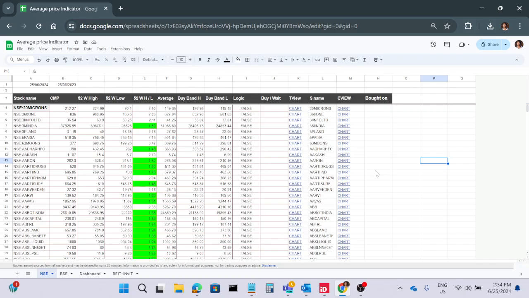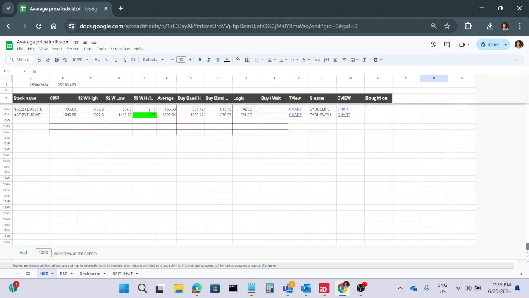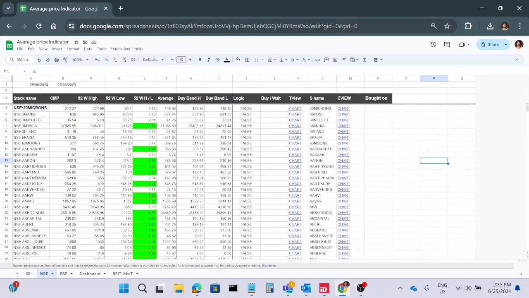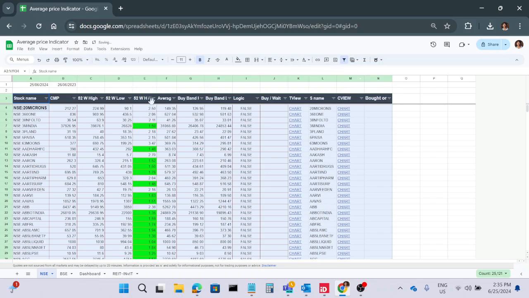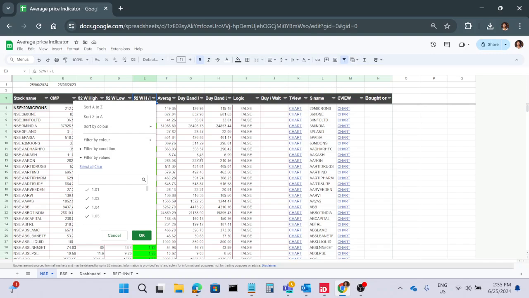Hello friends. In the last video I showed you how to create a Google Sheet, something like this, and we had created a sheet for NSE, and roughly we have around 1,934 stocks listed here. Then we can quickly make a filter of this and see which are all under our buying criteria here. So basically we are trying to look at 52-week high by low, which is less than